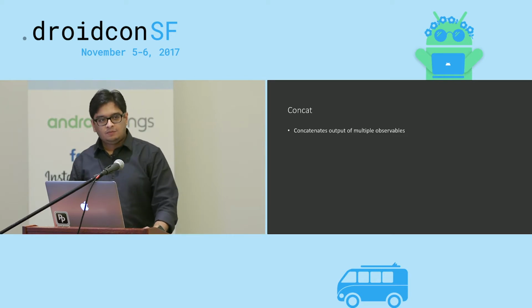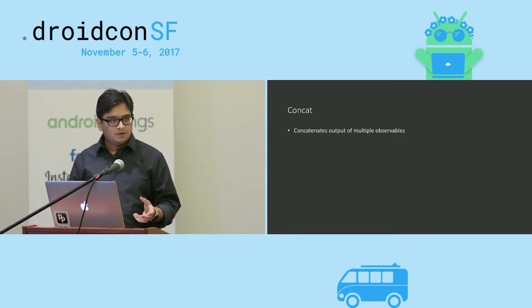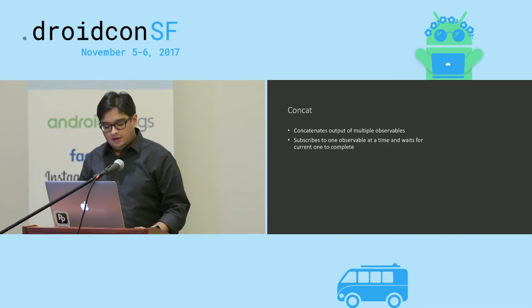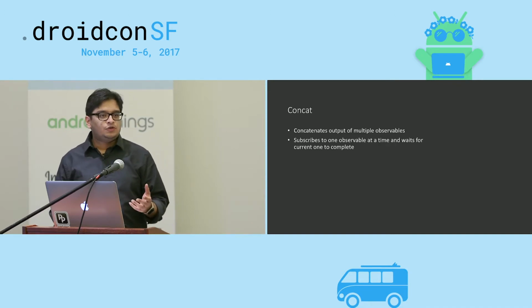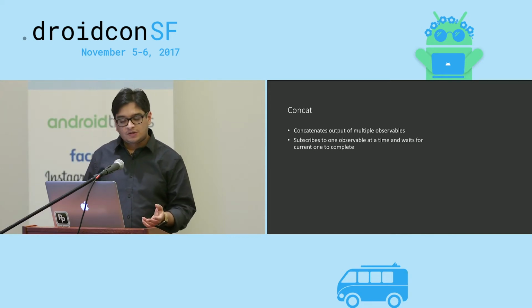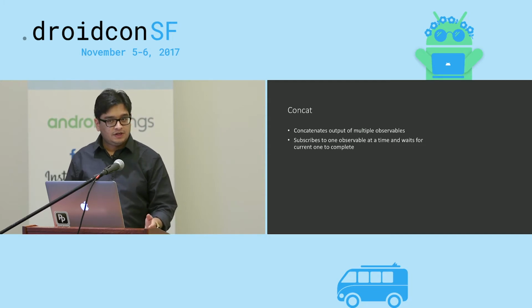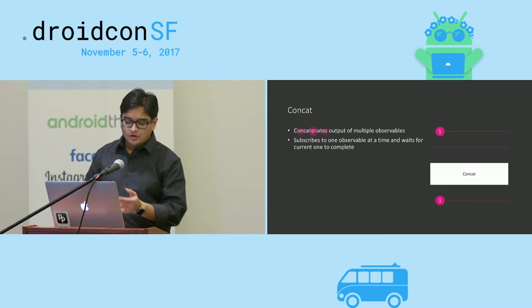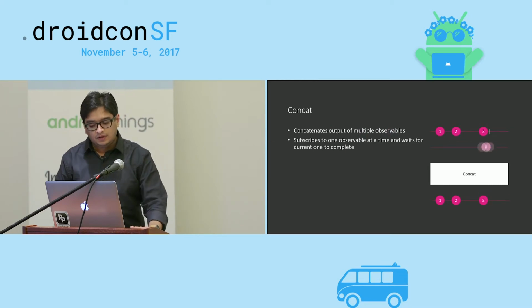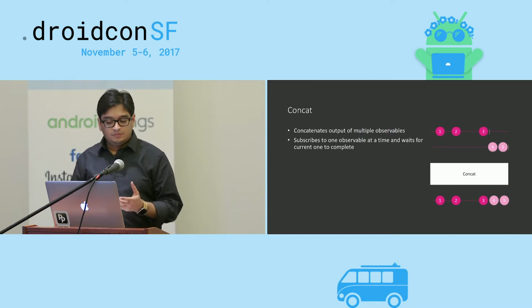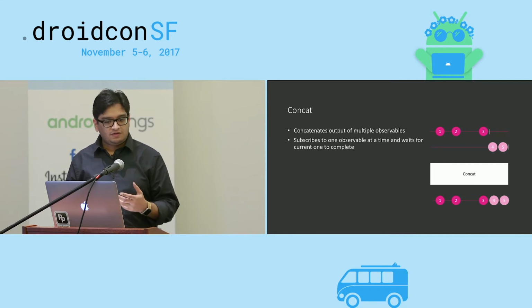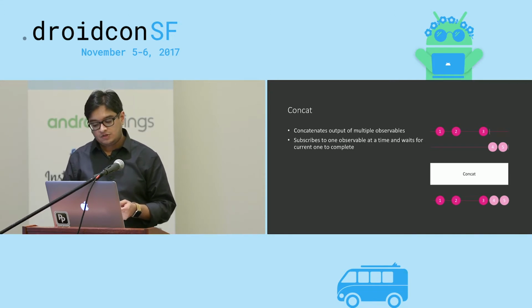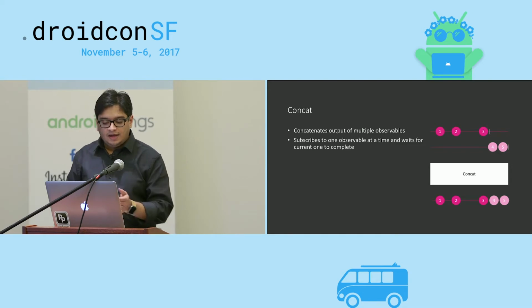Concat operator, as the name goes, is going to concat the output of multiple observables one after the other. And how it really works is, say you put 2 observable sources through a concat operator. It's going to subscribe to the first observable and let it finish, and then it's going to subscribe to the second one. And as a result, the outputs are not interleaved. Let's look at an example of that. So that's our first source, which is emitting items 1, 2, and 3. That was the first source that your concat operator subscribed to. It let it finish, and then it subscribed to the second observable, which emitted 4 and 5,